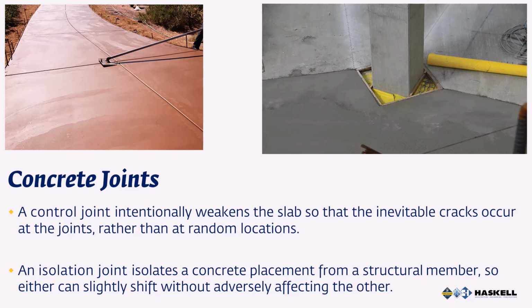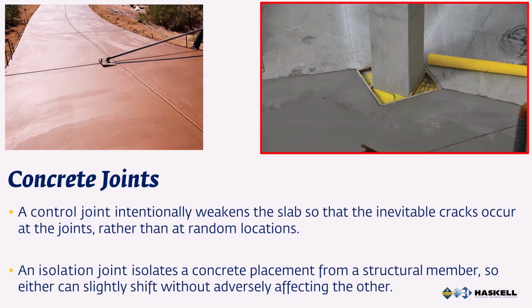Jointing is also used to isolate a concrete placement from another structural member, such as a wall or column, so either can slightly shift without adversely affecting the other parts of the structure. This type of joint is called an isolation joint. In the image on the right, the area around the column has been blocked out with wood. The wood will be removed and joint material will be installed in its place before concrete is placed adjacent to